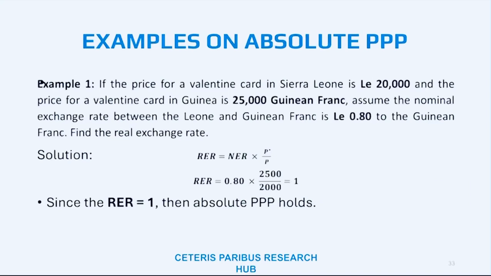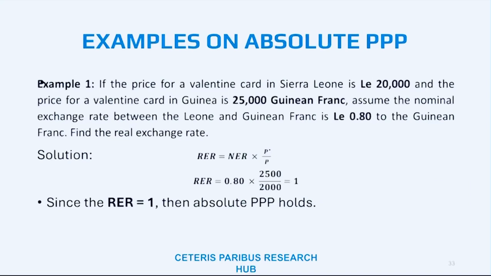Now, another example. If the price for a Valentine card in Sierra Leone, for instance, is 20,000 leones, and the price for the same Valentine card in Guinea is 25,000 Guinean francs. So assume the nominal exchange rate between the leone and Guinean franc is 0.8 leone to 1 Guinean franc. So we want to know the real exchange rate. We want to know if the law of one price PPP condition holds. So you take note, look at the nominal exchange rate once again for you to know which real exchange rate formula to use. Since this is nominal exchange rate times P star over P,